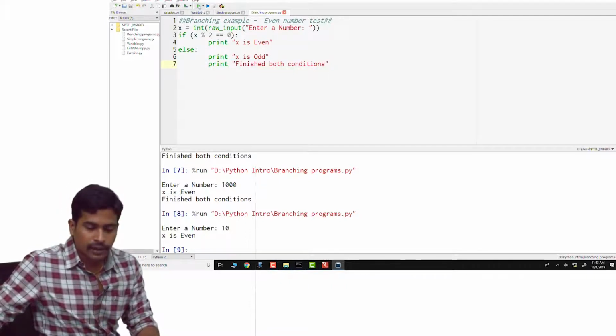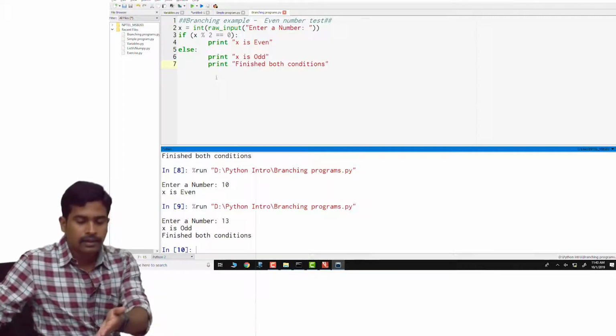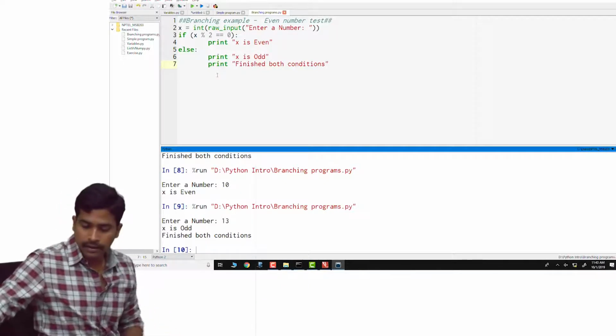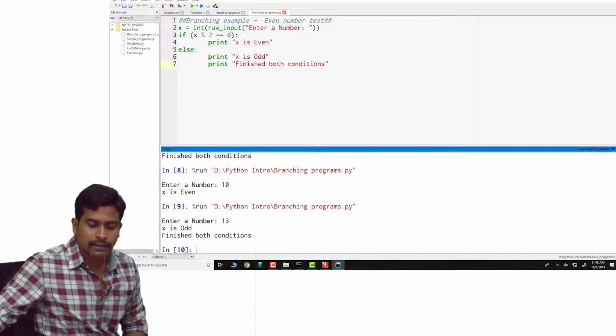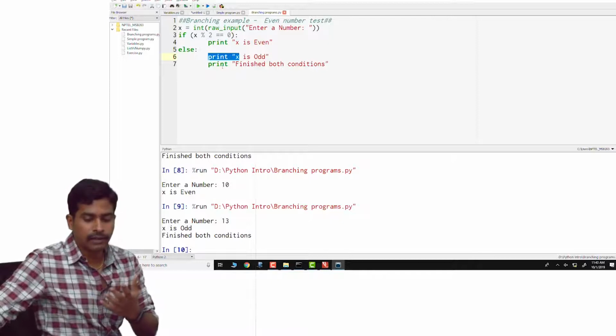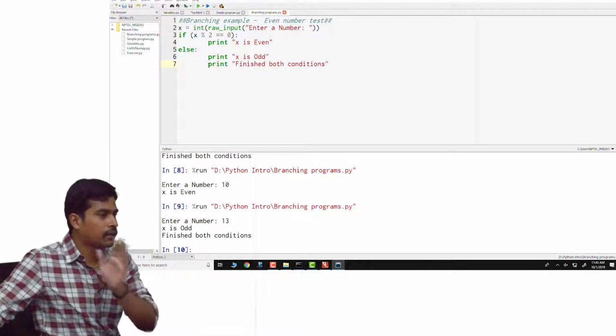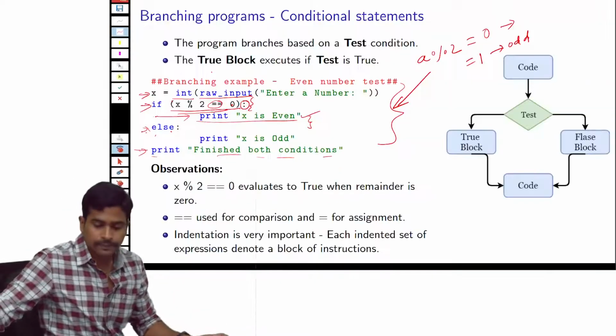Similarly, if you give an odd number, the program goes inside the else block and prints both of these statements. So you should always keep in mind where your next statement is going, whether you want to include it in that block or not.